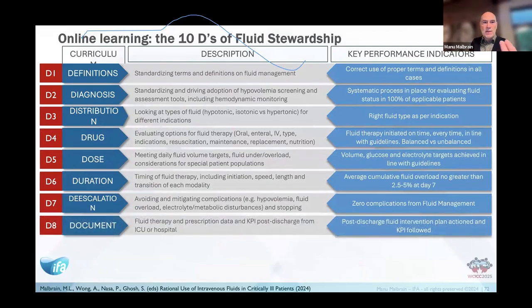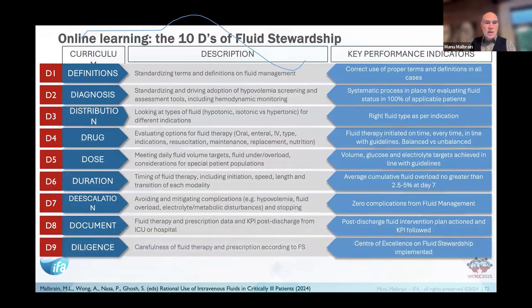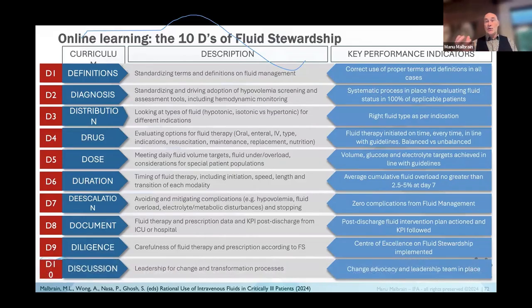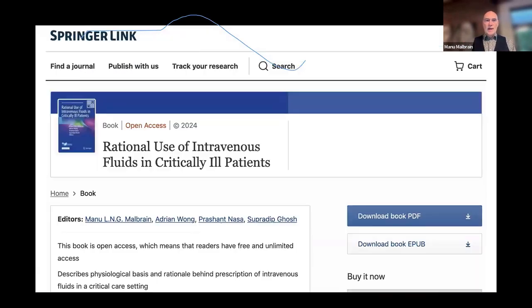D8 is documentation. We need to document what we are doing. D9, I have to admit, I asked ChatGPT, give me 10 nice words with a D. So diligence came out, and it is the carefulness in the way we treat fluids as drugs. So it's stewardship. And D10 discussion is about change and transformation, because we need to change our habits, and it's